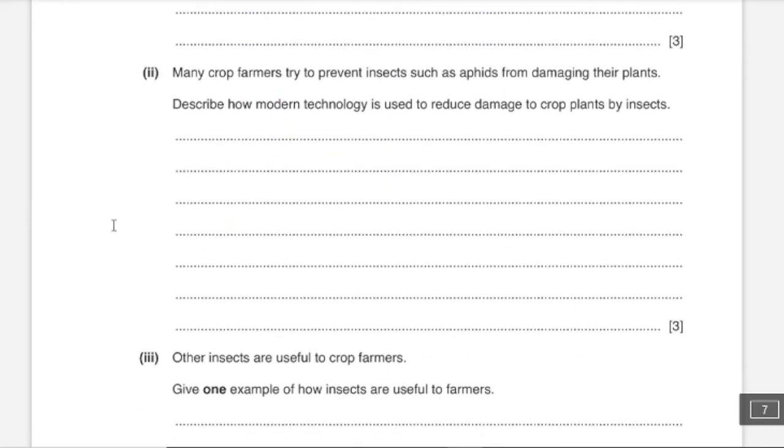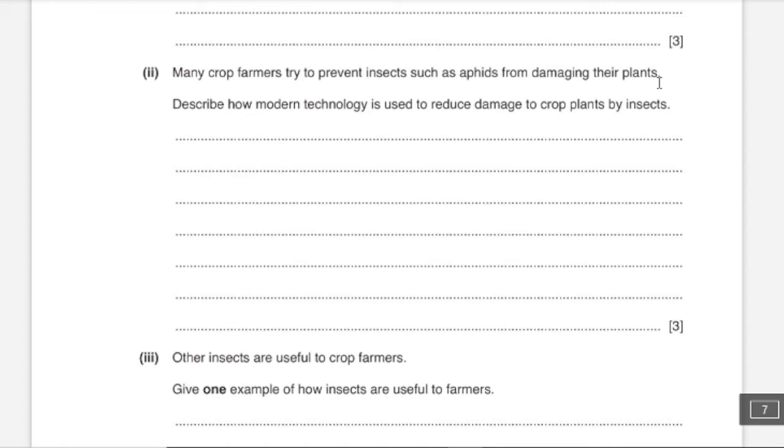Okay, part 2. Many crop farmers try to prevent insects such as aphids from damaging their plants. Describe how modern technology is used to reduce damage to crop plants by insects. Okay, so we can use genetic engineering from biotechnology to insert some genes in those plants which can make them resistant to pesticides. But aside from that, we can use a few genes, let's say an example of Bt